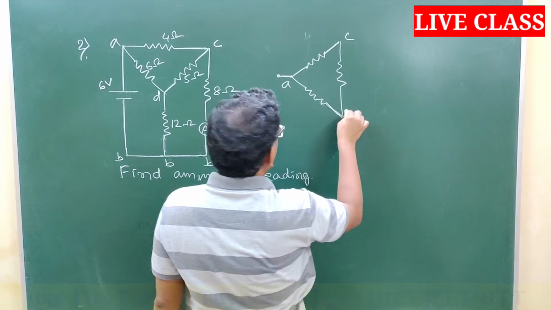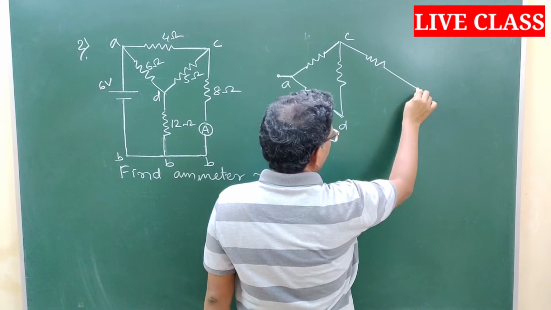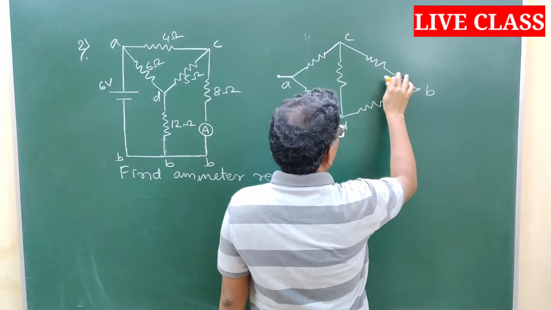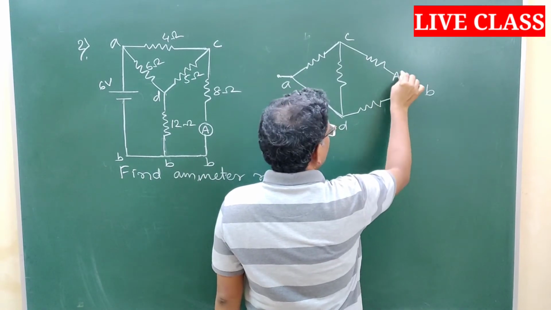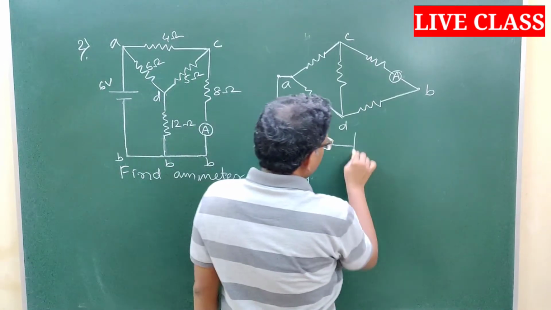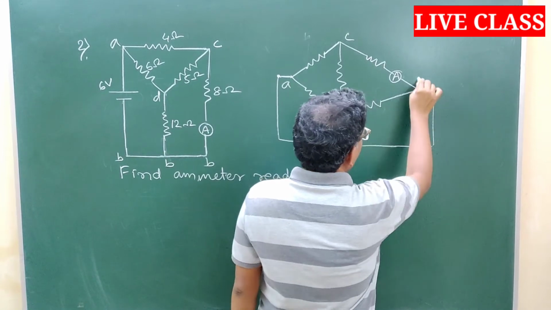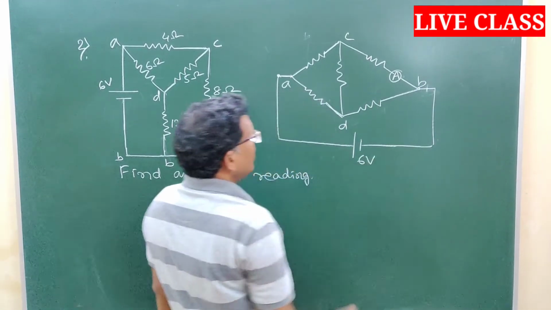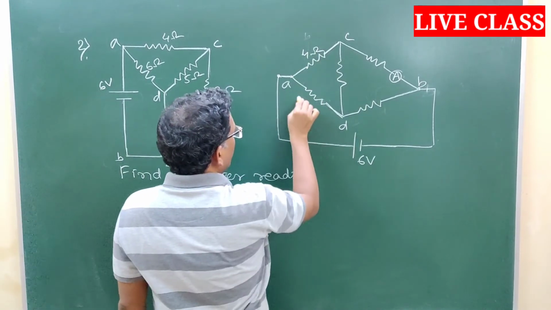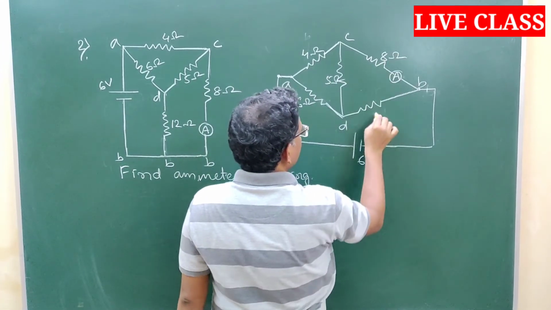Then C and D are further connected. C is again connected to point B and D is further connected to point B, and our ammeter is placed at this branch, right? So the 6 volt battery is connected between A and B like this. This is the simple structure we understand very easily. Here it is given 4 ohm, 6 ohm, 5 ohm, 8 ohm, and